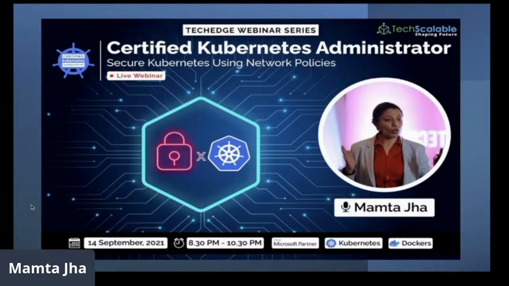Today's topic is securing Kubernetes clusters using network policies. We had done a series just before it. Part one was done discussing the different types of networking which is possible in Kubernetes. We had seen how the packet flows. Today, we would be learning how to isolate the communication between two pods, how to have a restrictive communication, rather. So that would be today's topic. We would be discussing network policies.